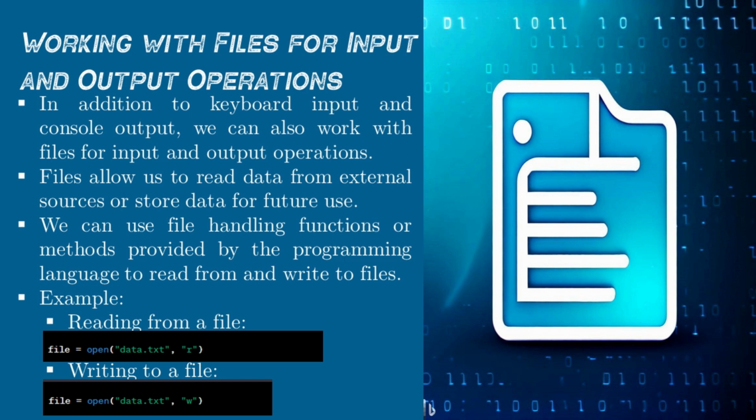Working with files for input and output operations. In addition to keyboard input and console output, we can also work with files for input and output operations. Files allow us to read data from external sources or store data for future use. We can use file handling functions or methods provided by the programming language to read from and write to files. For example, to read from a file, we can open the file in read mode. file = open("data.txt", "r"). And to write to a file, we can open the file in write mode. file = open("data.txt", "w")